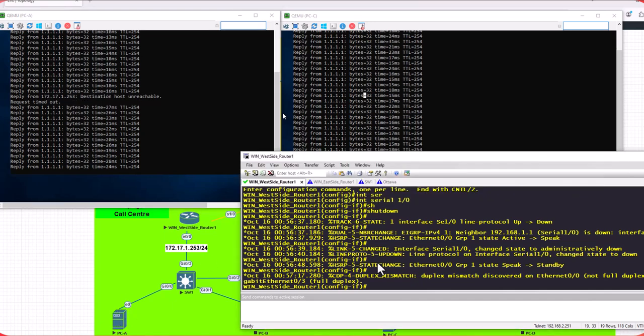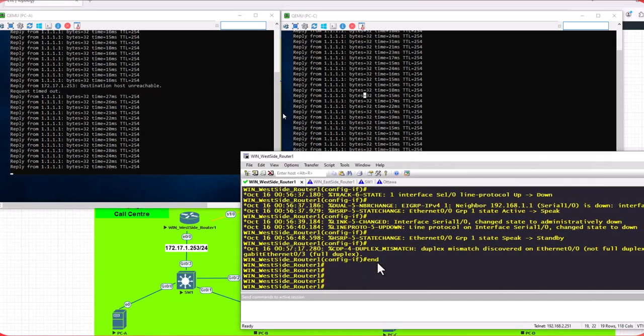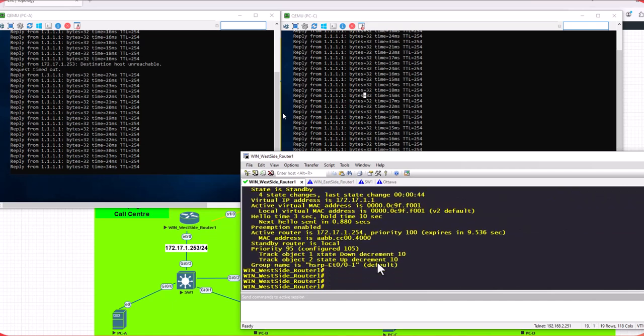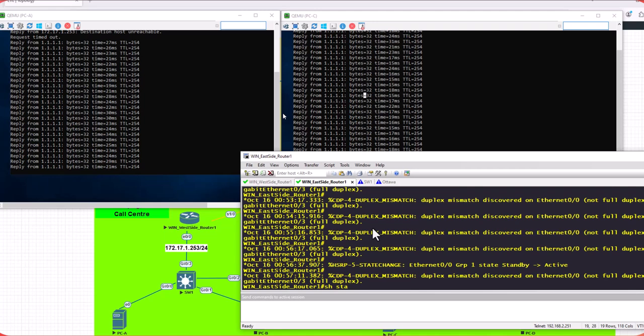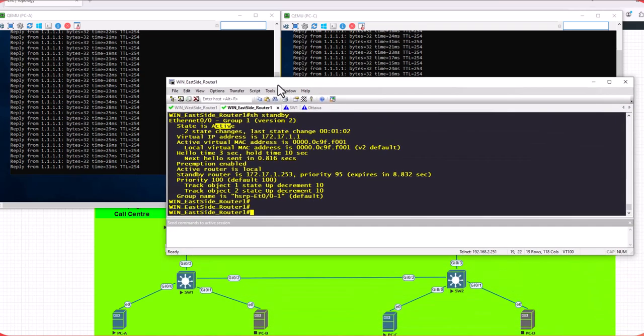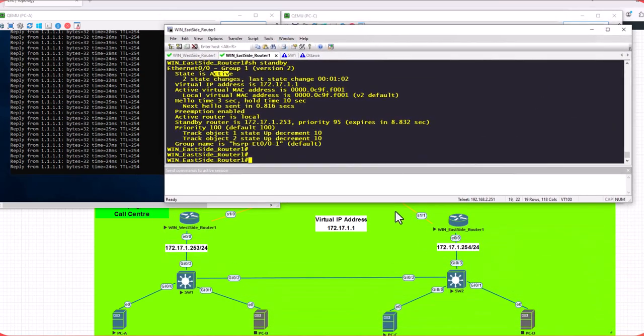What happened here? If I go show standby, now you can see that west side is going to the standby mode, and this one, which was standby, now is active, so the packets now are going from